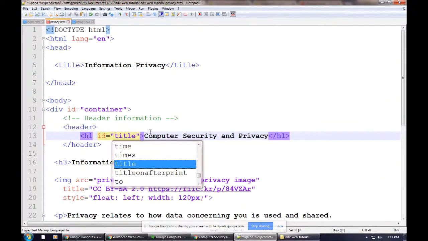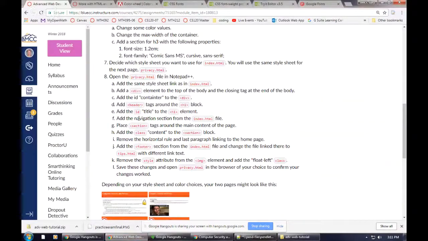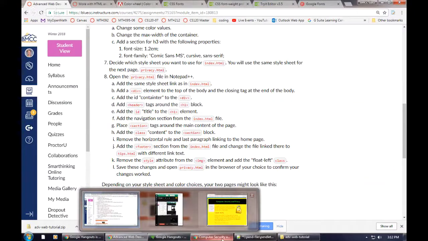Make that H1 special. And notice that has to go inside the left and right angle brackets. I'm going to end the double quote in the right spot. Okay, so then we want to add the navigation section. So we grab that whole chunk from the index file,